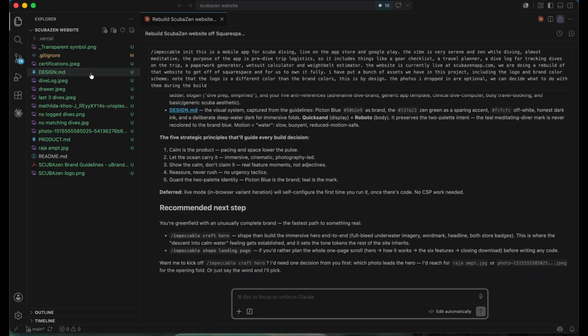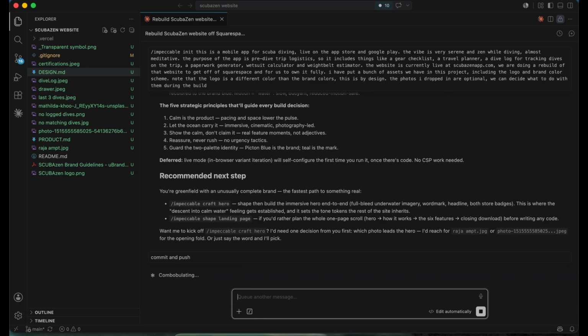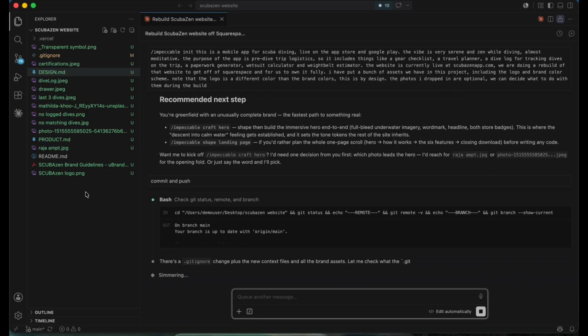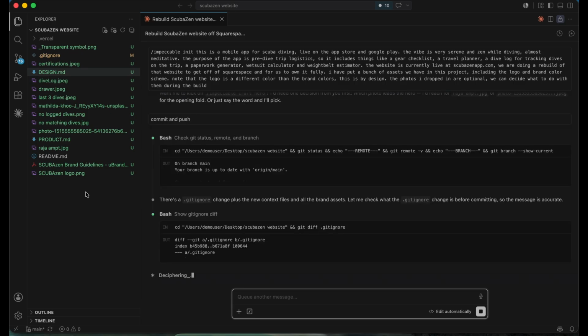So now that this is all done, I want to save this so that this is a point we can always come back to. So what I'm going to tell it is commit and push, so that way it commits and saves everything as a snapshot. And you know it's committed when all of this text over here turns white. And then it'll push it to GitHub so I have a backup. And so this will now be a save point that I can always come back to.